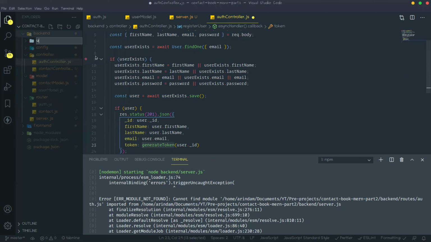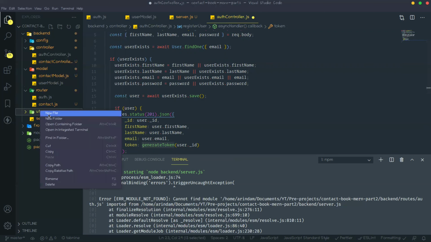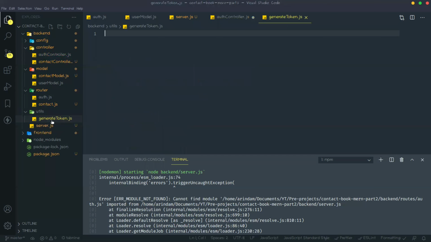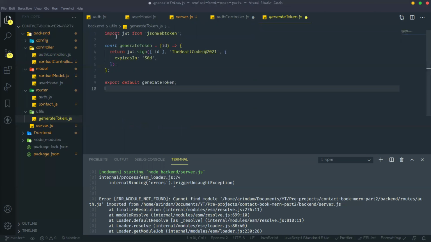That folder is utils, and here we need to create one file, generateToken.js. Here we just need to bring the JSON web token, and then jwt.sign with the id, the secret key, and the expiration. Okay, this thing we need to bring into the controller.